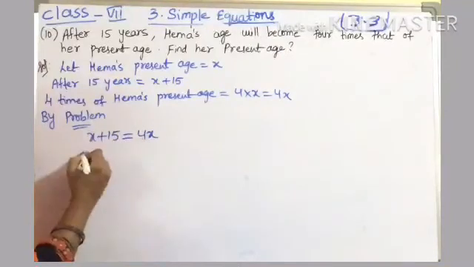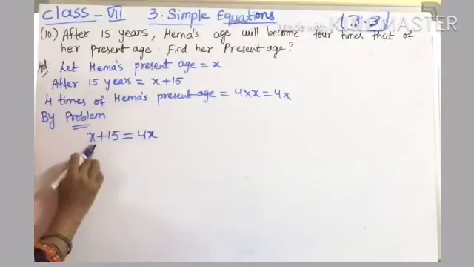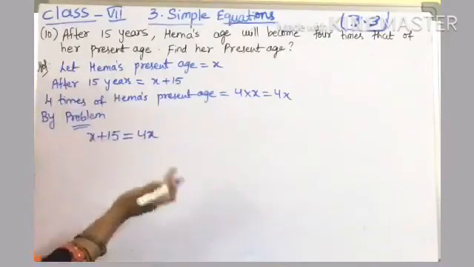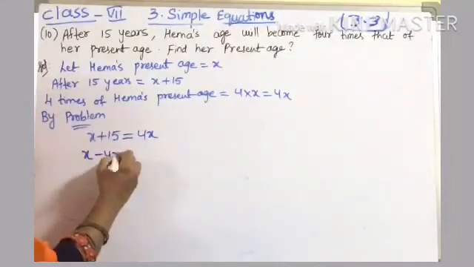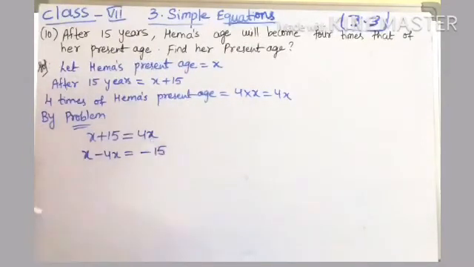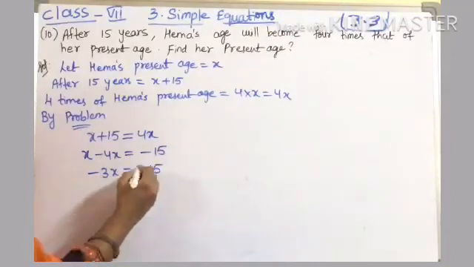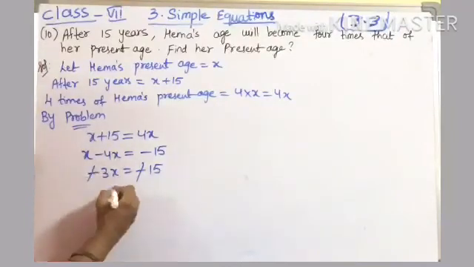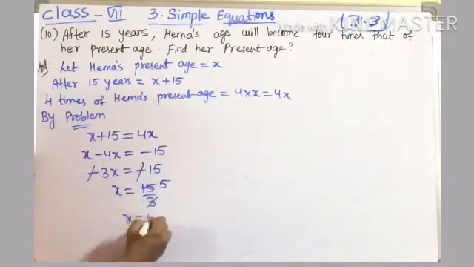Now we will solve. Here x is the subject. We have to find the value of x. x is in LHS and RHS. So bring x terms to one side and constants to the other side. Okay, bring this plus 4x to LHS, it will become minus 4x. Take this plus 15 to RHS, then it will become minus 15. Now x minus 4x is how much? Minus 3x. And here minus 15. Both sides minus is there, so you can cancel. Now 3 into x equal to 15. Then what is x? 15 by 3, that is 3 5s are 15, x equal to 5.